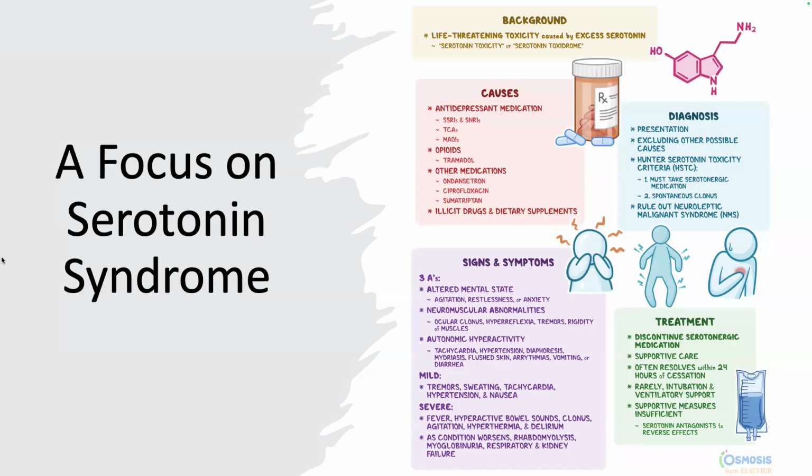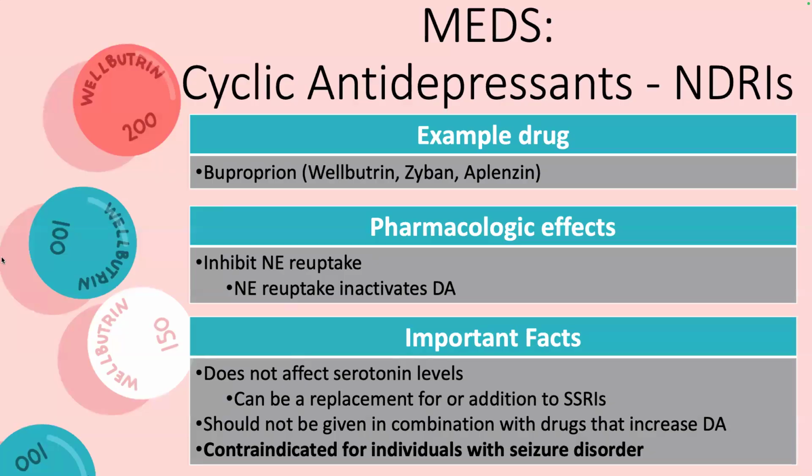Serotonin syndrome. If I didn't tell you this was important before, it's important. And this is another slide depending on how you like to visualize things. Cyclic antidepressants, NDRIs, norepinephrine dopamine reuptake inhibitors. What do you think the benefit of these is? What do we not have a risk for? Serotonin syndrome, exactly. So Wellbutrin,